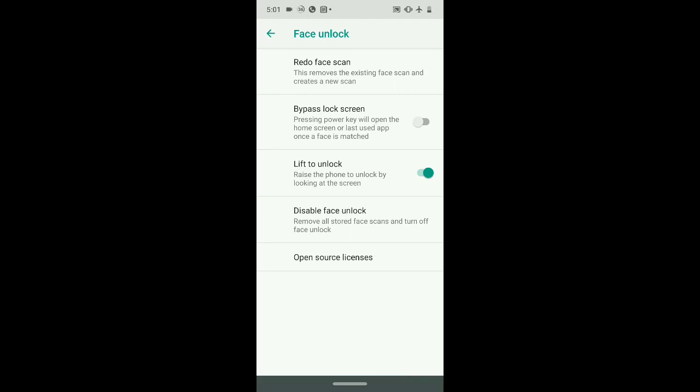If you turn this on, once you turn that on, that bypass lock screen, you raise to wake, it scans your face, and it's going to take you directly into your device and take you directly to the home screen or the last app that you were in before you locked the device. Now, if you turn both of these off,